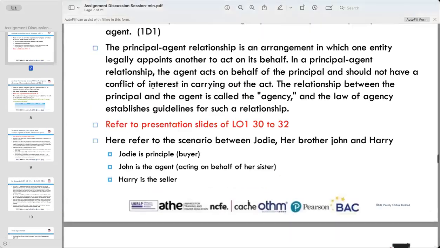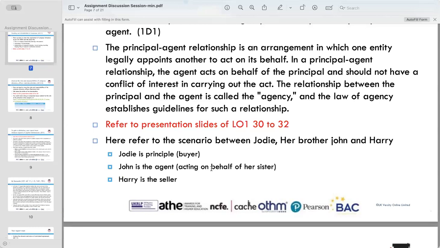Yasir, can I ask you something on this one? Yes. For example, forget that John is Jody's brother. Jody is finding one Mr. John, they don't have any relationship, just seller and buyer. Forget about principal or sister. My question is, for example, Jody is my client. When this situation is coming, I would like to advise Jody, you should have a contract with John. How do you think about this?